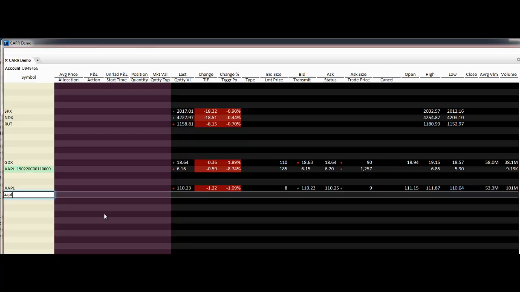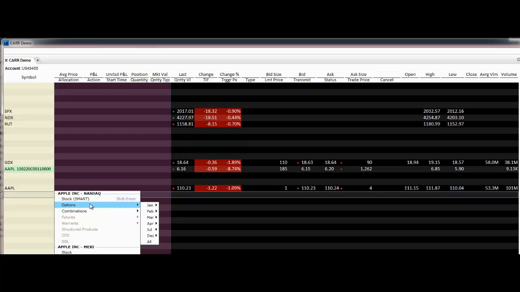I'm going to type in Apple, and instead of putting the stock on my workstation, which is already there, I'm going to go under Options. And you use this in case you already know what month and week and strike price you want to trade at, and I would pretty much know for Apple. Because we're now in early December, I want to look at a strike price that's about 2 weeks away, so I'm going to stay in December,